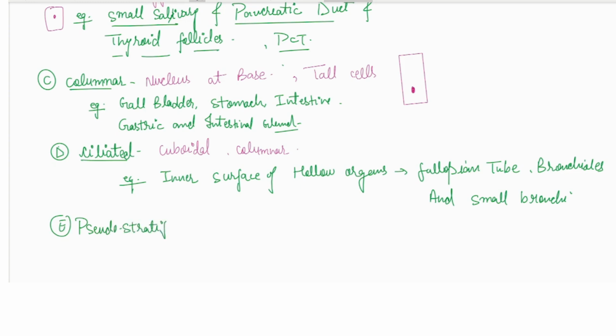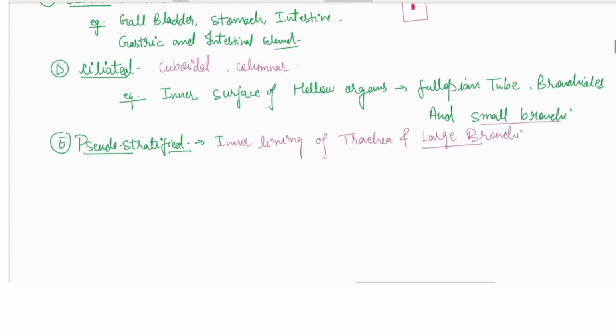Pseudo stratified epithelium would be covering the inner lining of the trachea and large bronchi. So large would be the pseudo stratified and small bronchi would be the ciliated. Okay, so that is actually the difference. Now the next is